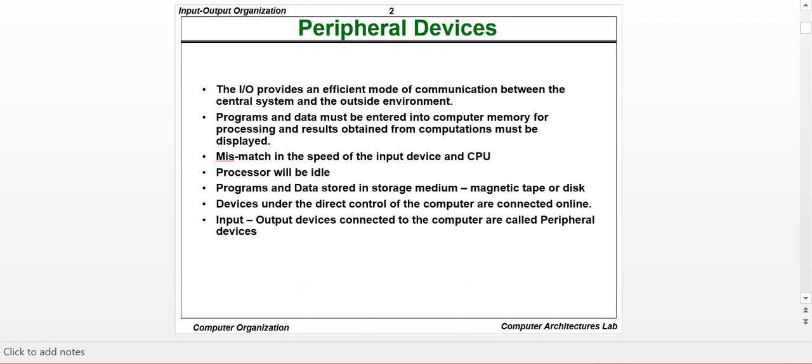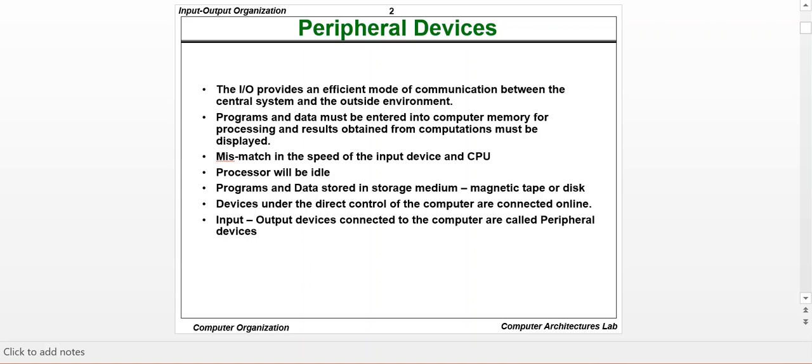In earlier days we had the magnetic tape and the magnetic disk, but now instead of that you have your hard disk, which is again a magnetic disk, where you can store the data. The magnetic disk acts as an IO device as well as a storage medium. You can store data into the device,